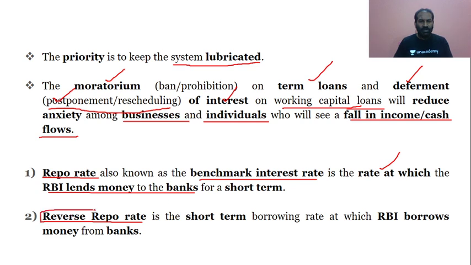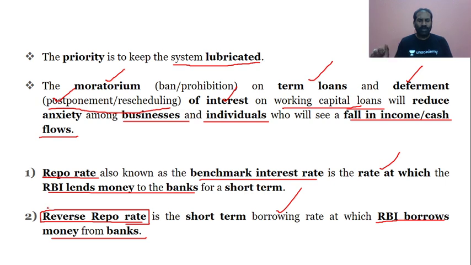And we'll also look at what is reverse repo rate, and this is a short-term borrowing rate at which RBI borrows money from banks. So it is just opposite to the repo rate, the reverse of the repo rate. What is repo rate? As we have discussed, it is the rate at which the RBI lends money to the banks. So when RBI is lending money to the banks, at this moment it is lending at a very low interest rate, that is 4 percentage. Why? The purpose is the bank should have more money.